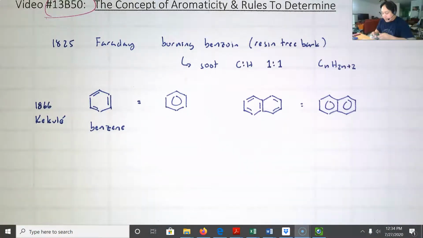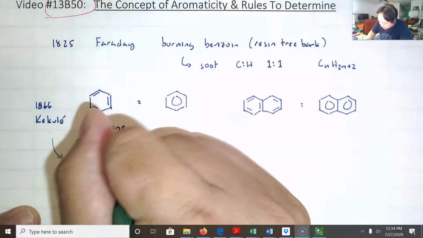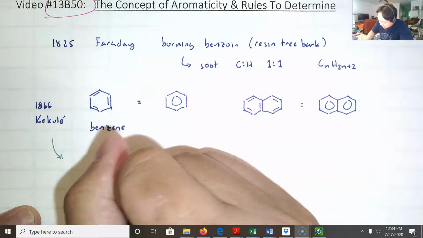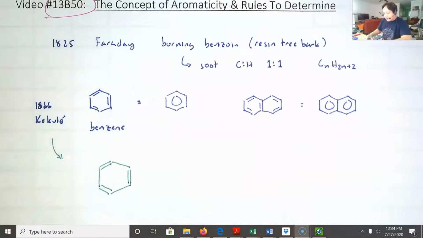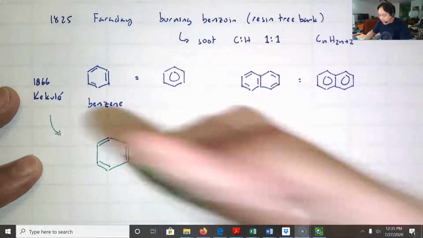And so really what Kekulé was thinking is that you have a double bond that's shorter, single bond, double bond, single bond. Not great in terms of to scale, but I tried to make all the double bonds shorter